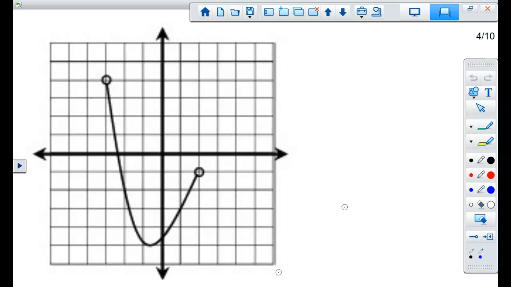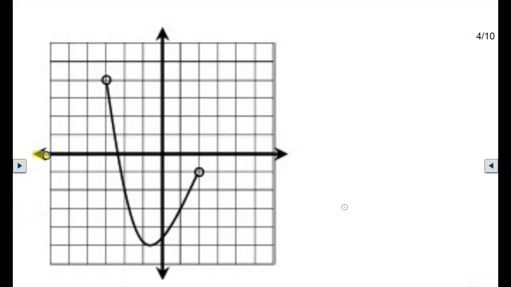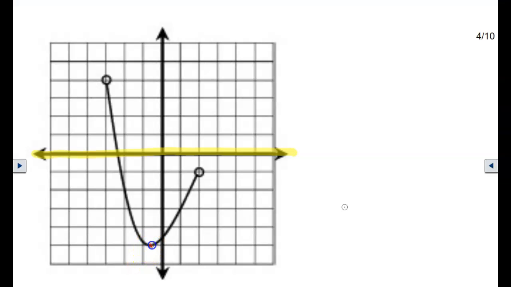All right, so here is another graph. And what you'll notice when you look at this graph is that at each end, you've got these open circles. Now, we've seen that before. And what we know is it means that number is not included. The x can't actually be that number. All right, but this is kind of the same thing. If I want to find the domain for this graph, I need to determine all of the x values that this graph uses. So to do that, I'm going to choose a point on my graph. So I could pick this one right here,